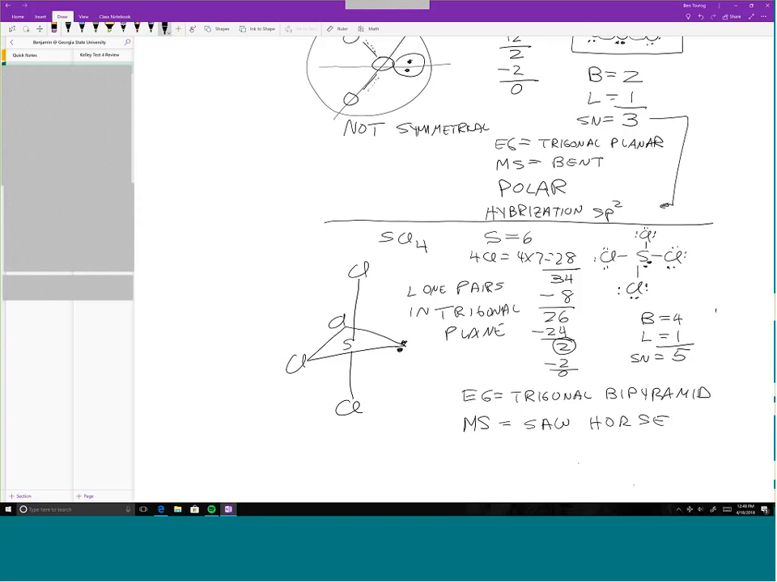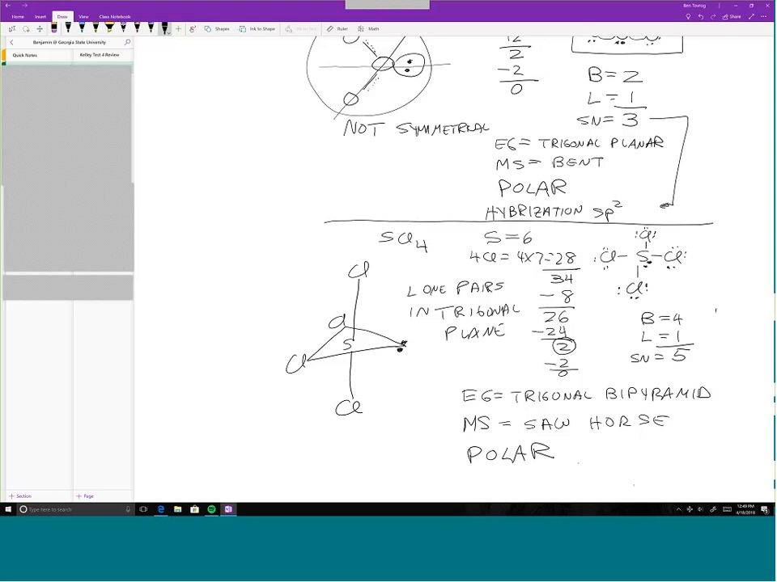That might be a little bit hard to envision, but if you made a molecular model of this using your kit, I think you'd be able to see how this does represent a sawhorse. Okay. What's next? Polarity. This molecule is not symmetrical. If you had chlorines in every position, it would be, but the presence of the lone pair messes that up. So it's a polar molecule,